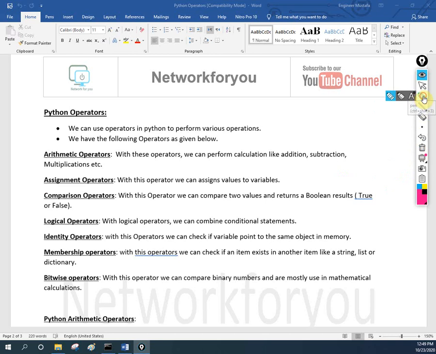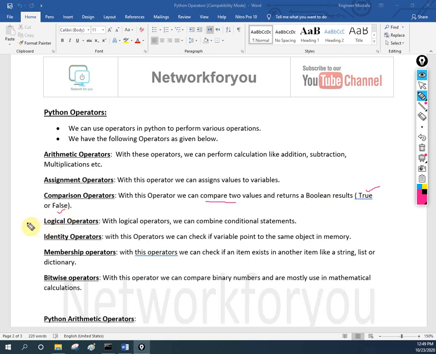In the coming classes we are going to discuss that. When we write code, we can do some logical operations, saying if this happens then true, if it does not happen then false. Now in this class, you just need to remember that comparison operators are used to compare two values and return a boolean result, that is, true or false.